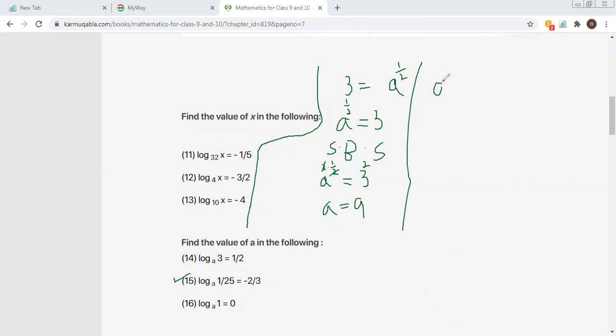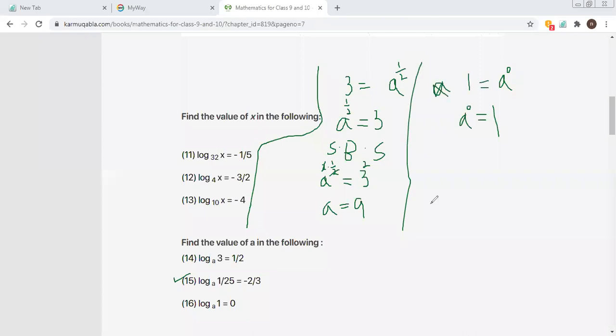I am changing question number 6. First we write 1 is equal to a raised to the power 0. And you know that a base raised to the power 0 is equal to 1, whose power becomes 0 becomes 1. This is the answer. There is no need to simplify the question, this is the answer itself. Done, class?